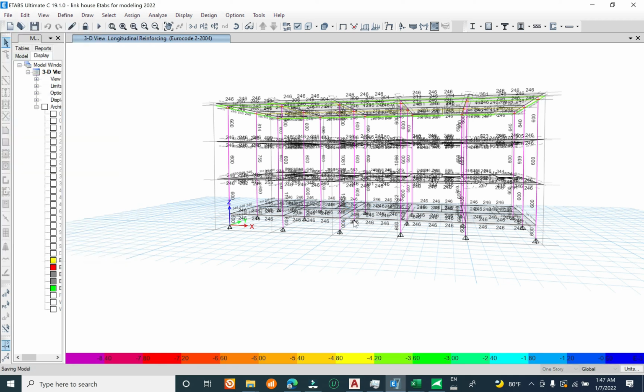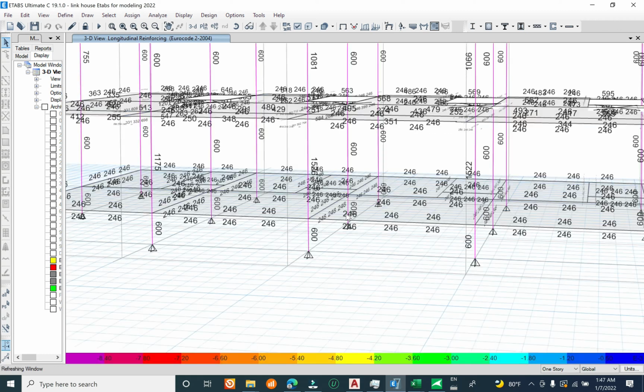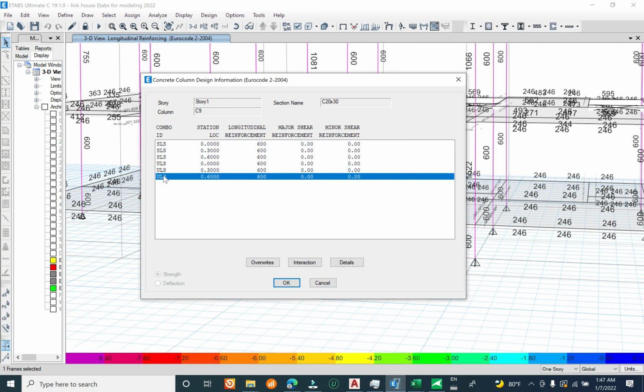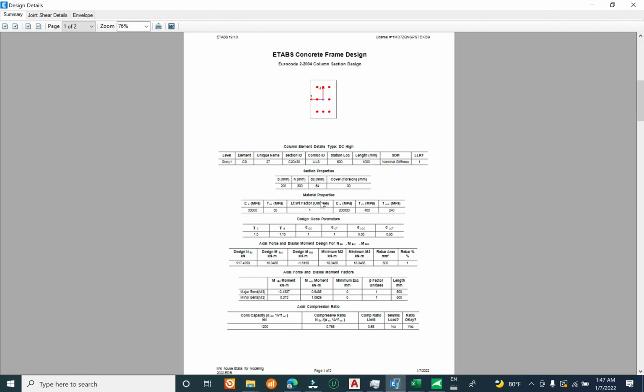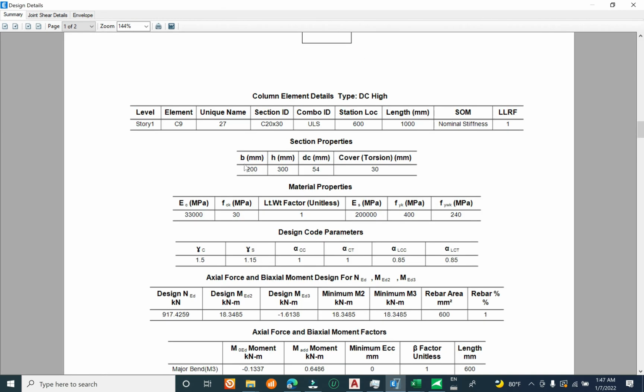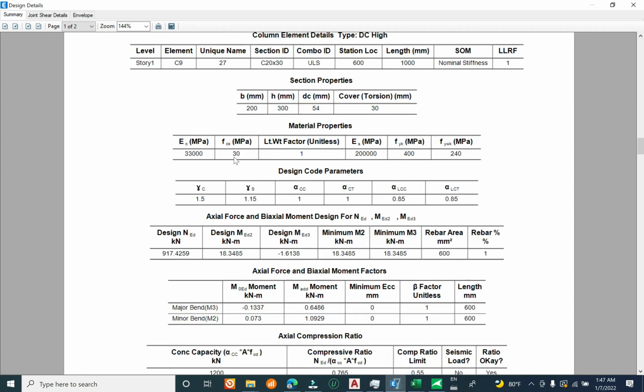We will start the check from here. Story 1, column 20 multiplied with 30. The column name is C9, and we have to check the detail. Here are the section property and the material property. We use concrete cylinder strength of 30 megapascal,